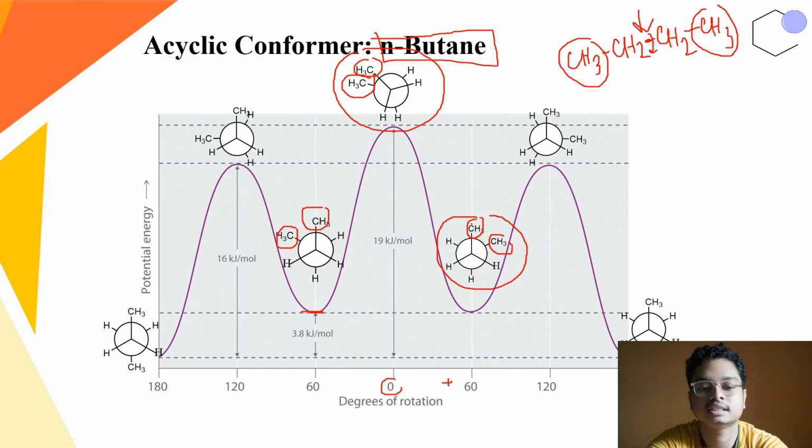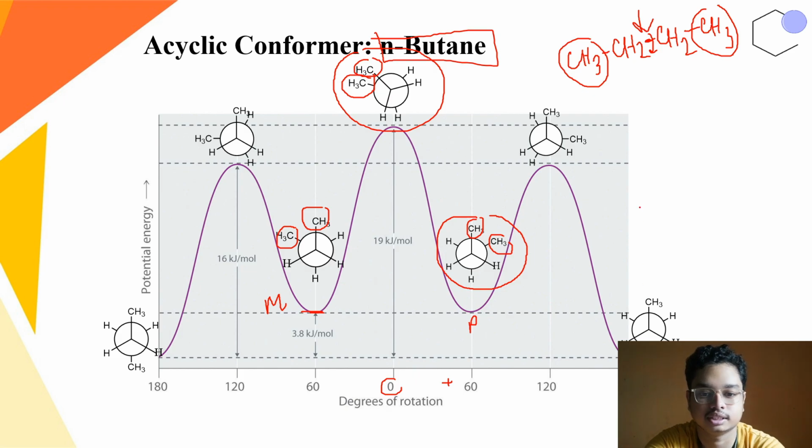Now since this Gauche conformer has been obtained by clockwise rotation, it is called P Gauche. And this Gauche conformer has been obtained by anti-clockwise rotation. That's why it is called M Gauche. Okay. Now, if we again rotate this conformer by 60-degree in either direction, clockwise or anti-clockwise,